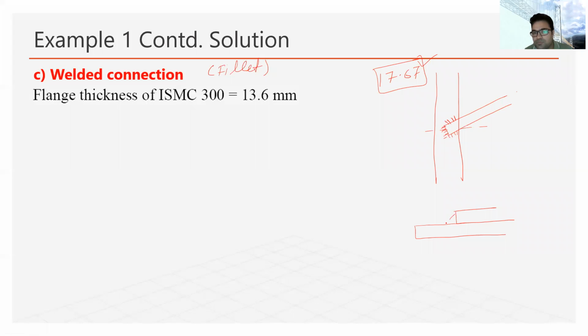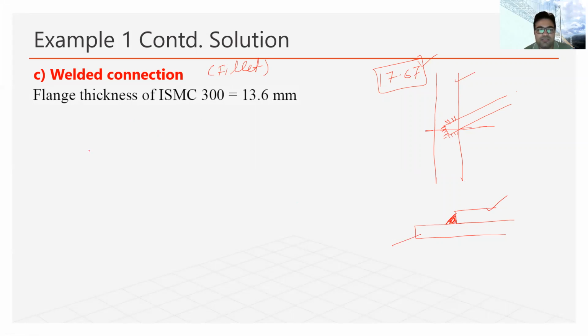So this will be the fillet weld that we are going to provide. This section looks something like this. This is the lacing bar and this one is the flange of this part. Okay, so now